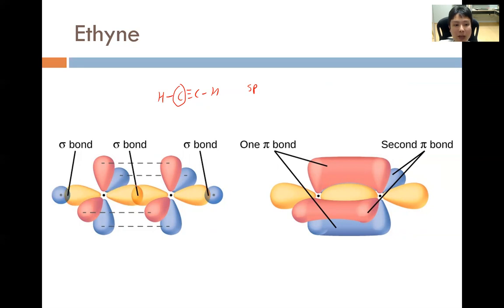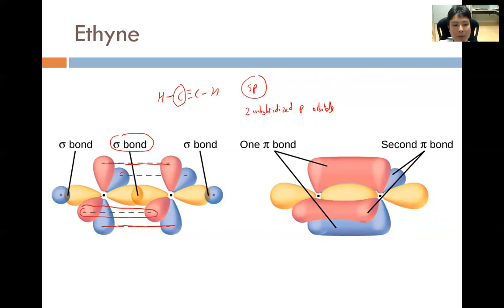And the overlap between this sp orbital of this carbon and the sp orbital of the neighboring carbon will result in a sigma bond between the C and the C. It will be one of the bonds in this C-triple-C bond. However, because it is sp hybrid orbitals, there are two unhybridized p orbitals, and the two unhybridized p orbitals are both 90 degrees away from this set of sp orbitals, and one sideway overlap will result in one pi bond, and this other overlap,